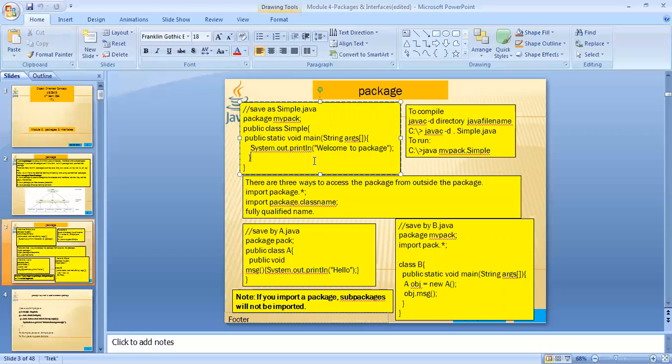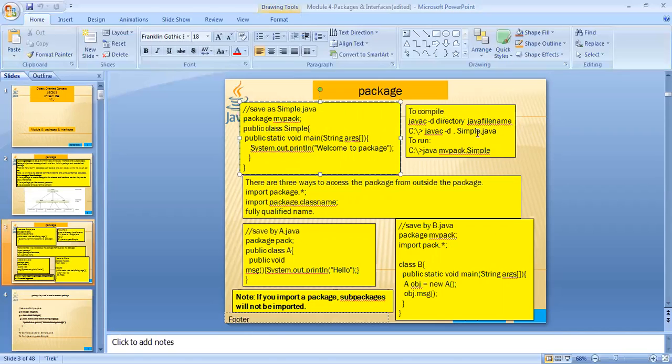In order to execute this particular program, keep in your mind the file name should be simple.java as it contains a class named simple. I've already told you the class name and the file name need to be the same. So file name is simple.java, class name is simple, but that simple is within the package mypack. Okay, in order to execute, first you have to compile that particular program. The output is given here only. To compile, first you have to give javac